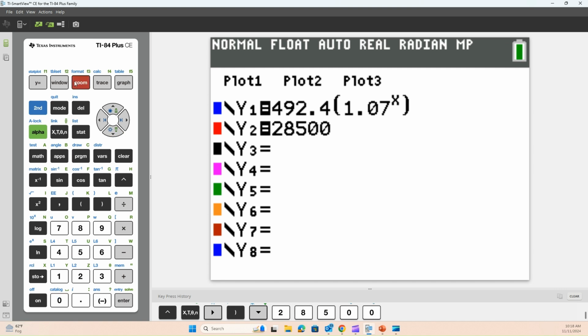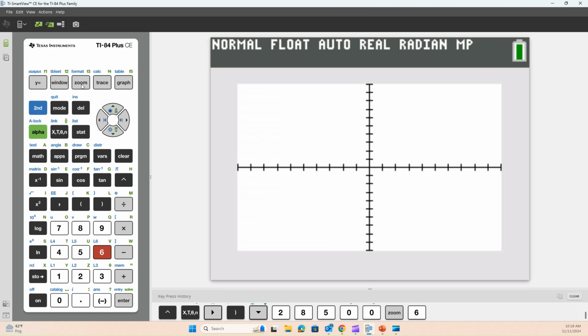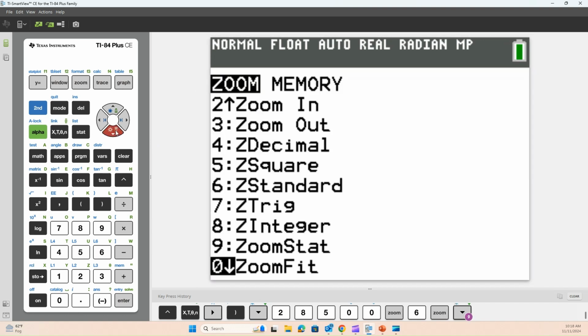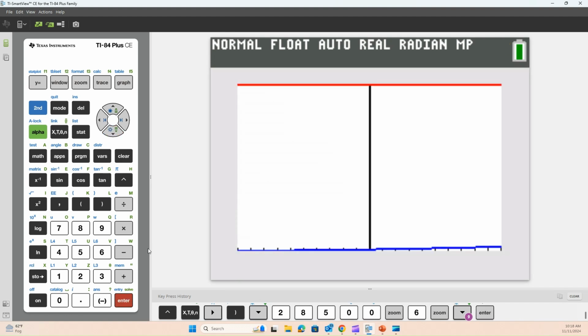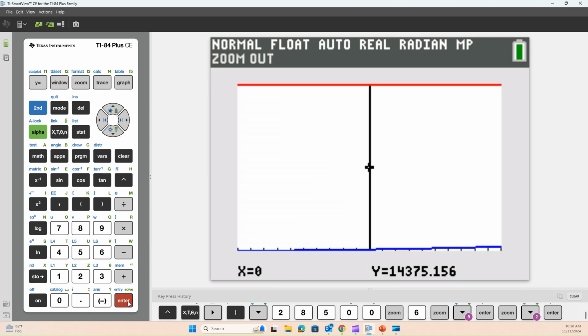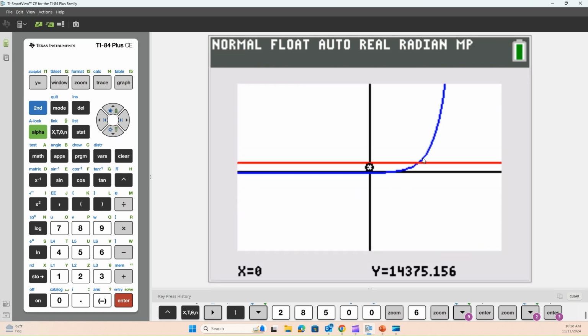And then you can zoom a standard zoom, but you probably won't be able to see it. I'm going to do a zoom fit. On the zoom fit, you can see the two curves, but you can't see where they intersect. And where they intersect is what we're concerned with. So from here, I'm just going to zoom out. Hit enter, hit enter. At two zoom outs, I'm able to see where they intersect so that I can